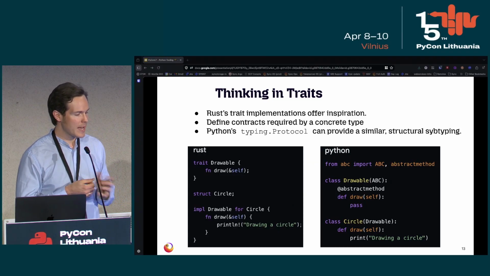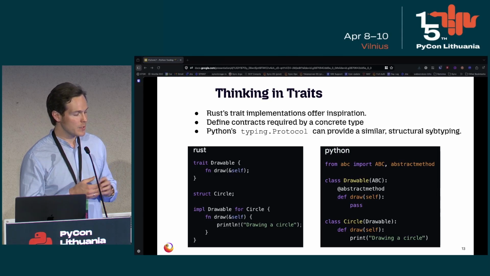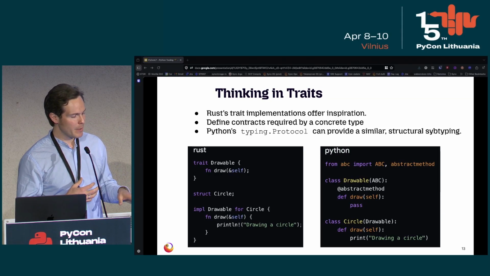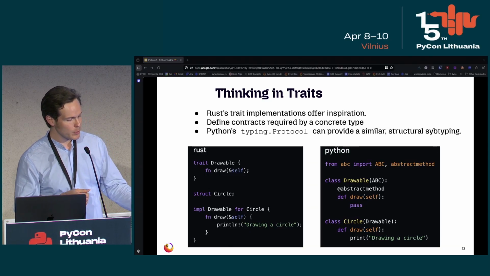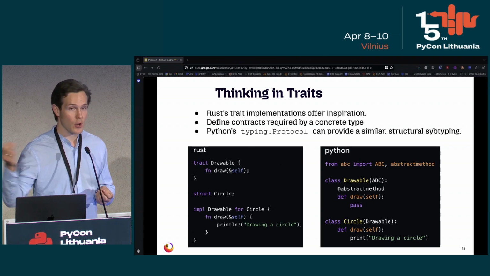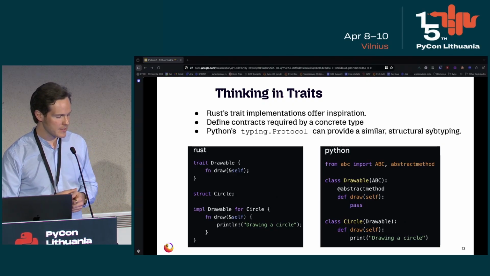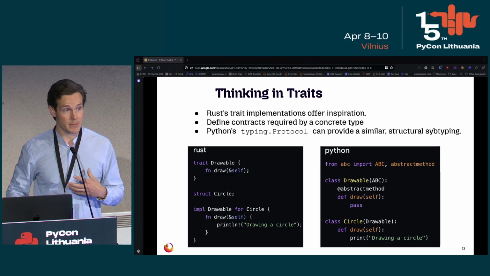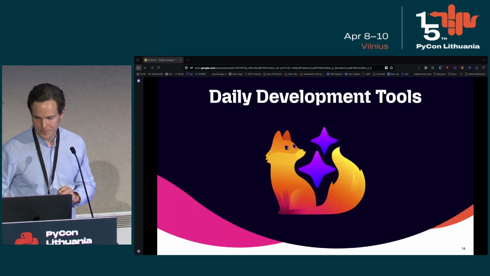Right? So typing.Protocol is an alternative within Python that allows you to do this, but you can essentially define a struct or an enum, and then based on that, apply particular traits to that struct. So you'll see in Rust, the impl Drawable for Circle allows you to create that contract that said Circle must always implement the draw function, more or less. And then with abstract methods, this can be the case. Taking this approach when implementing a lot of logic from other libraries or tools can be very useful, and again, creates that extra layer of abstraction.